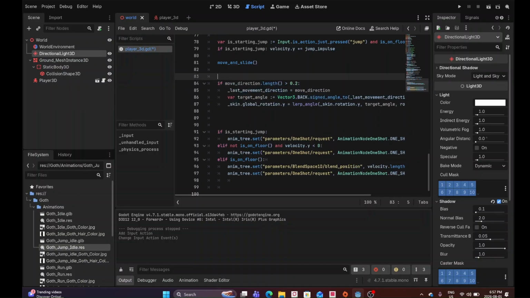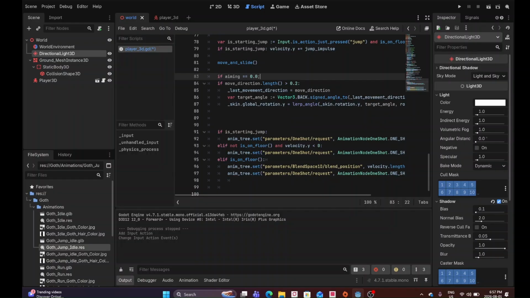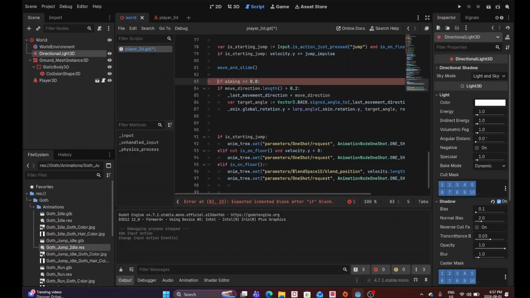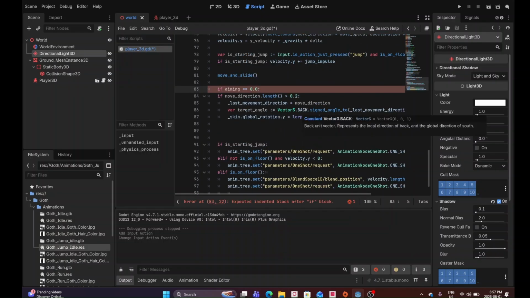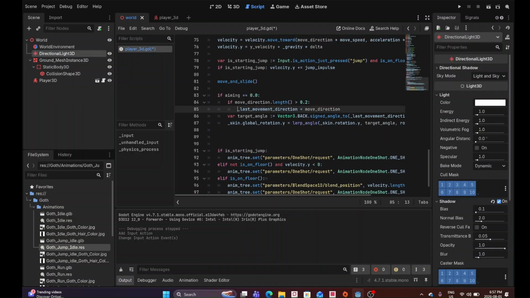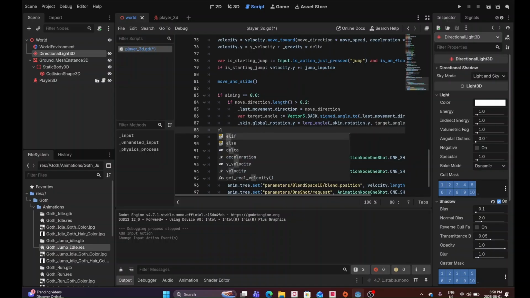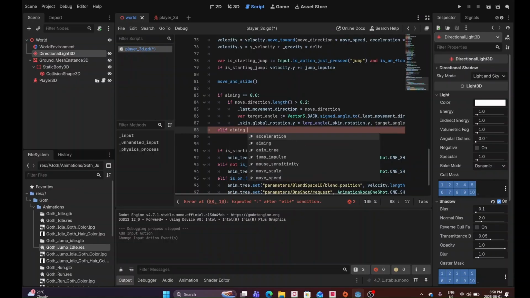I want to let this only happen if aiming is set to 0, so I have to indent all this. And else if aiming is set to 1,